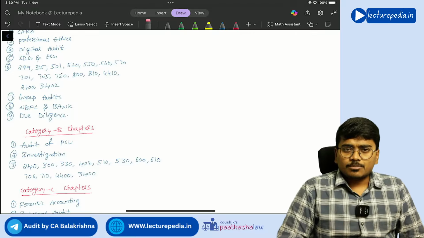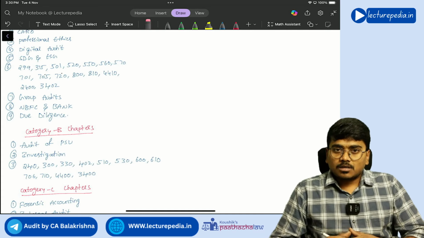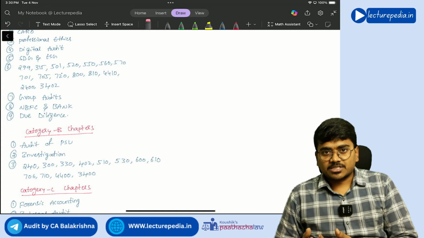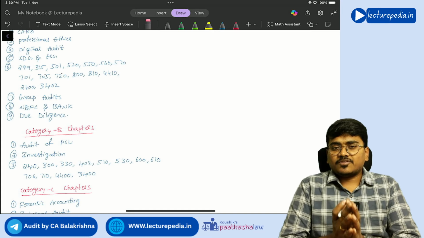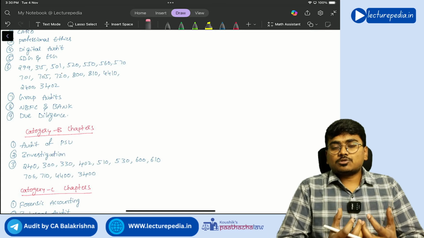It is not the correct approach to study all the chapters in the same fashion. You need to have a strategy. So the first thing is allocation of time. More time has to be allocated for more important areas, just like we do in case of audit. For the high risk areas, we allocate more time and perform more audit procedures, correct or not? Similarly, for highly important areas you need to allocate more time. Clear? So based on my analysis, what I observed is